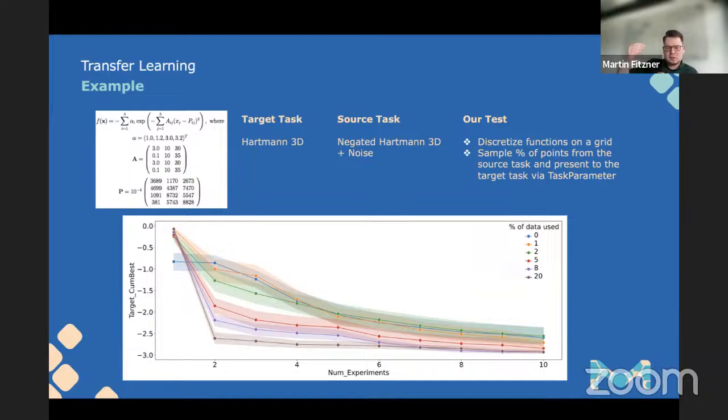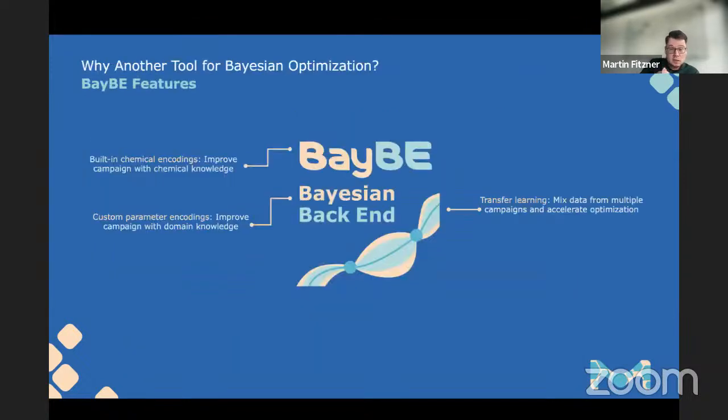What you see in the graph is how many of these source data points we add to the new campaign, the target campaign. The blue curve shows you the result without any transfer learning, that is 0 data added from the source task. Basically, as soon as we start adding data from the source task, it is able to understand some information. And that, even though it's anti-correlated: we did not pick source data from the exact same function, but an anti-correlated and noisy function, and it's able to understand that. That's a pretty important aspect to us, which we included and will further investigate.